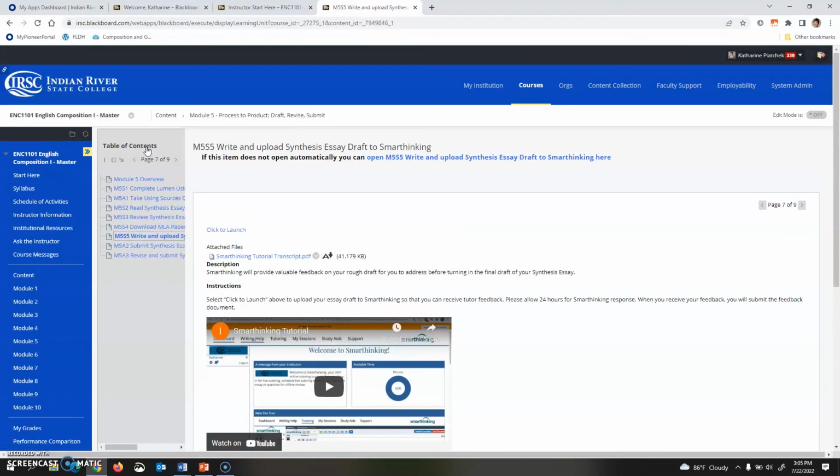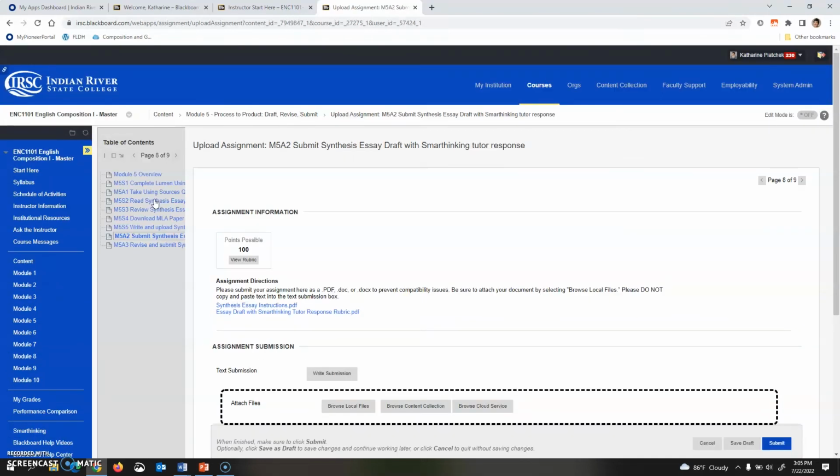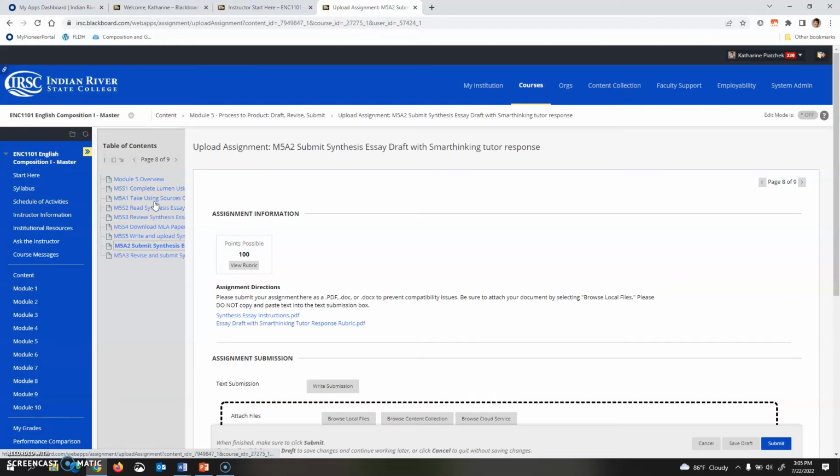There are resources in the course to show students how to successfully submit their work to Smart Thinking and how to download their tutor feedback, which they are supposed to submit to you. This allows you to see what feedback they have already received and will allow you to engage with their draft